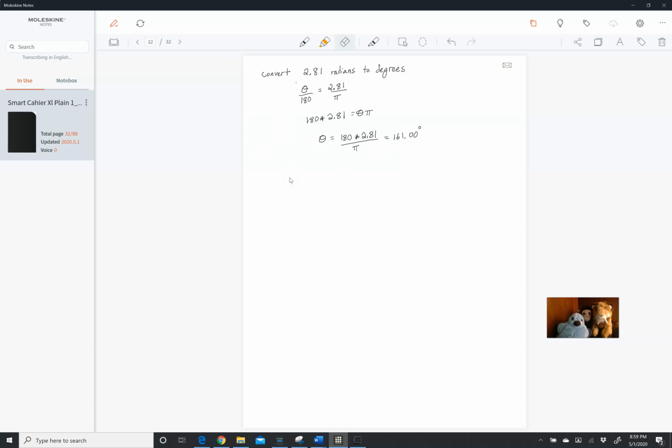Okay. Now there's the other way to do this too. This is if the angle isn't in terms of pi. If the angle is in terms of pi, then it's really simple. We could just replace pi with 180 because pi equals 180. Okay, so for example,